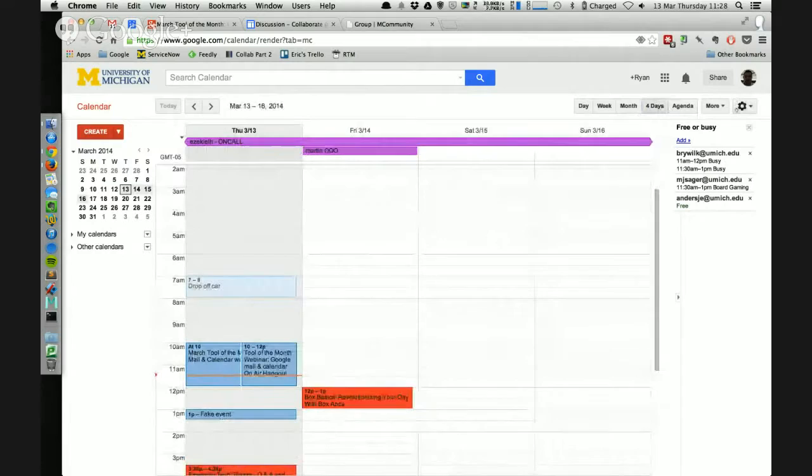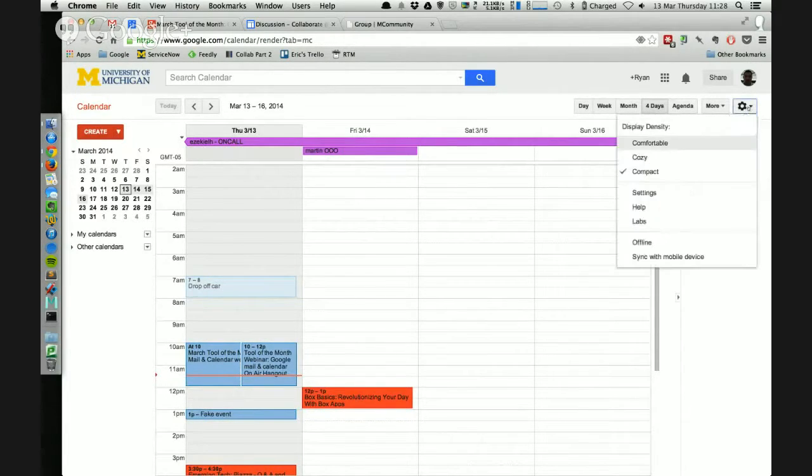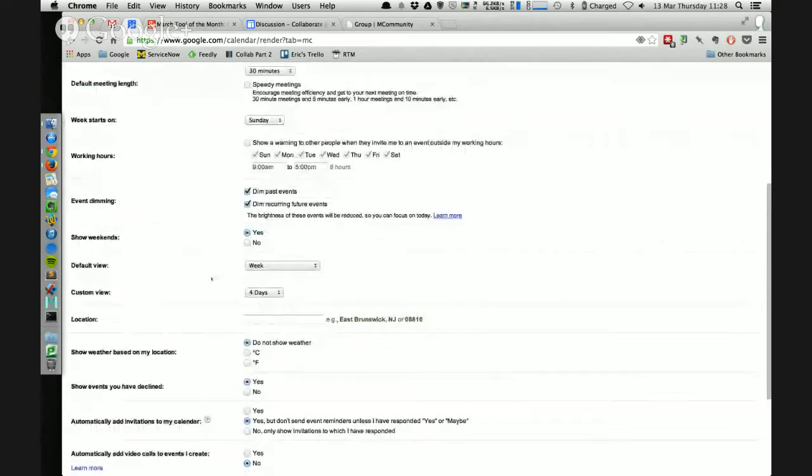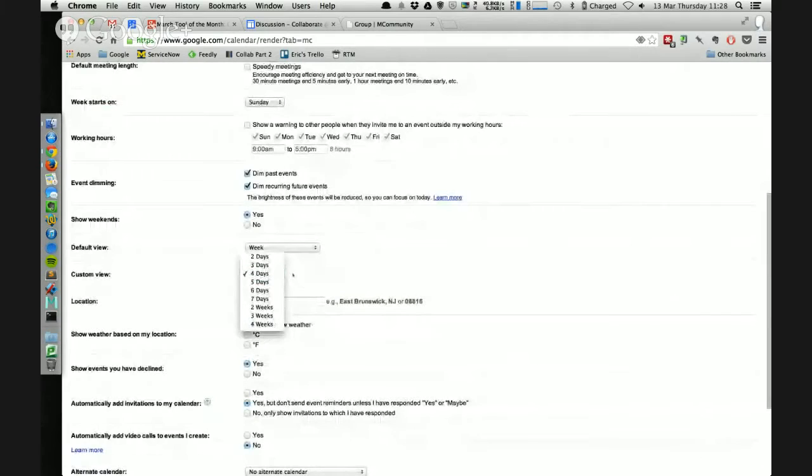This 4 days, I should have stayed in settings. So this is just showing me today and the next 3 days on a rolling basis. It doesn't skip weekends, as you can see. You can configure that to be whatever time period, but you can change that to be a different set of days. It could be 2, just today and tomorrow, all the way up to the next 4 weeks on a rolling basis. So it always starts with today and looks ahead X minus 1 days that you select here.